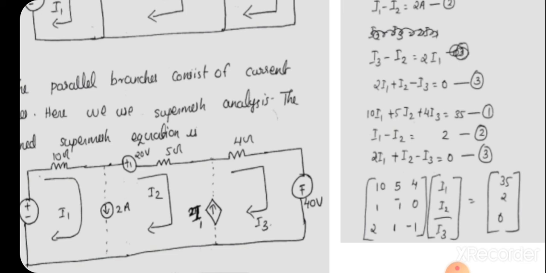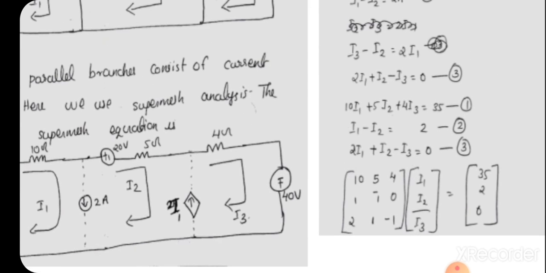This matrix is obtained from the three equations 1, 2, 3. And how can we write the coefficient matrix? By taking the coefficients of each and every equation. Discussing row-wise, in the first equation the coefficient of I1 is 10, so the first element of the matrix is 10. The coefficient of I2 in the first equation is 5, so the second entry is 5, and the coefficient of I3 is 4, so the third entry will be 4. Next we go to the second equation. In the second equation the coefficient of I1 is 1, so we write it in the second row, first entry.